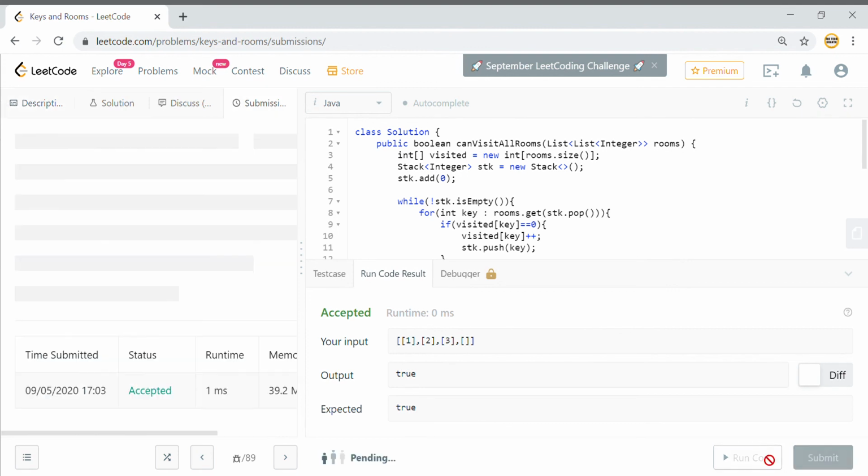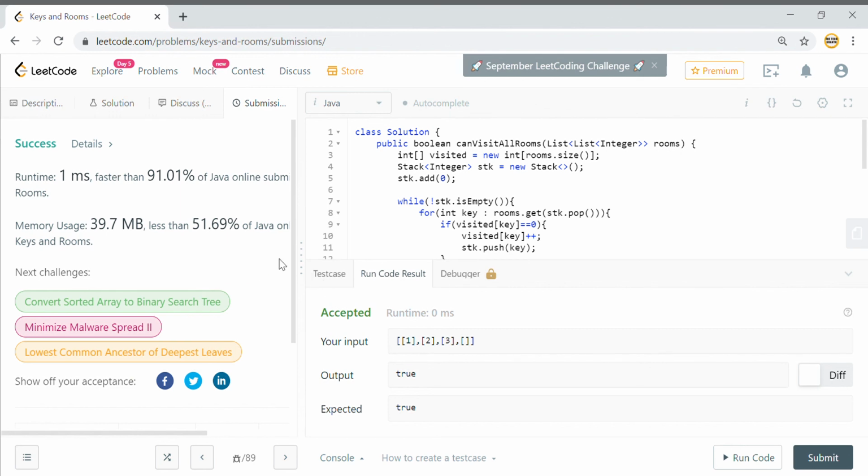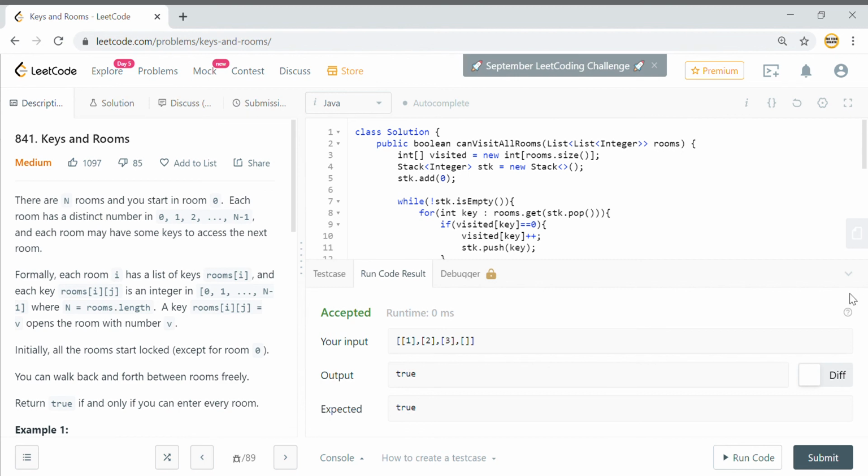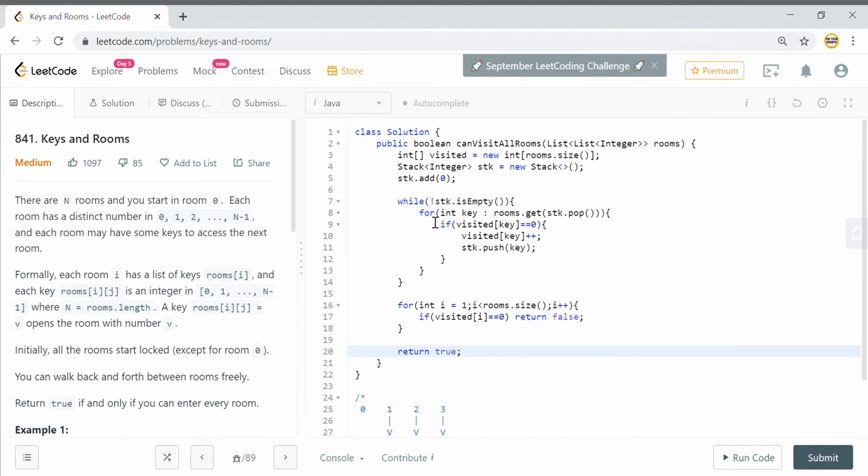This is fine. I'll submit it. And this looks okay. So that is how you will solve the problem and approach this problem. And the key thing to remember here is that since you need to store the value of the key so that you can visit that key at a later point in time, that is why you are using a stack here. So whenever a similar problem comes where you need to visit somewhere which is behind in time or in future in time, then in that case you have to use a stack kind of data structure.